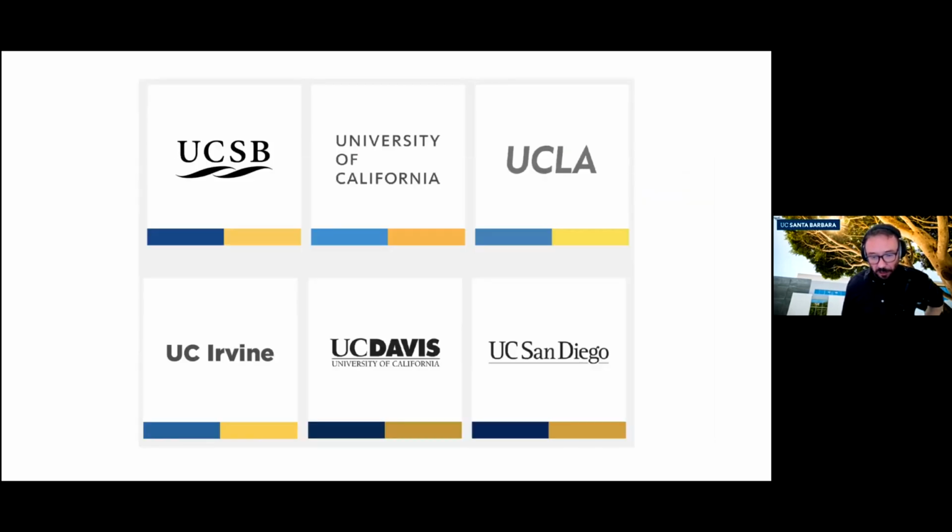And then just looking at our peers, some of the different UC schools and University of California in general, you see that most of them are spelling out the name of the university, and they're using what we call a word mark. The one exception is UCLA, and we love to worship UCLA at this university for obvious reasons. It's an incredible university with an incredible history and lineage, but they also have like a $1 trillion endowment and have the benefit of 150 years of getting their name out there, so they can go by UCLA. They also have the benefit of LA being this globally known city. We don't have that.